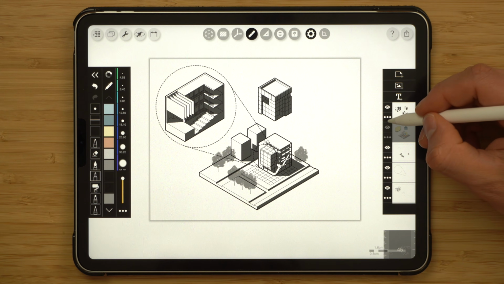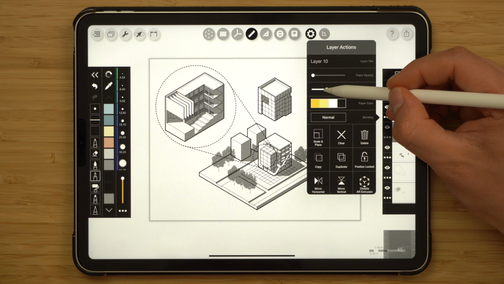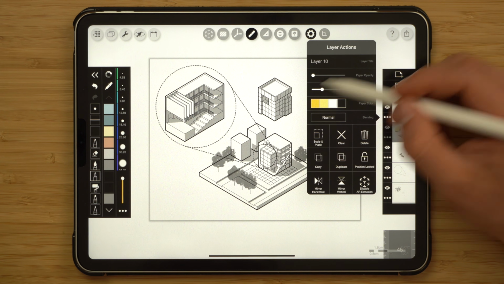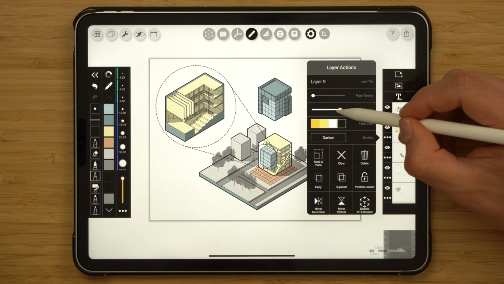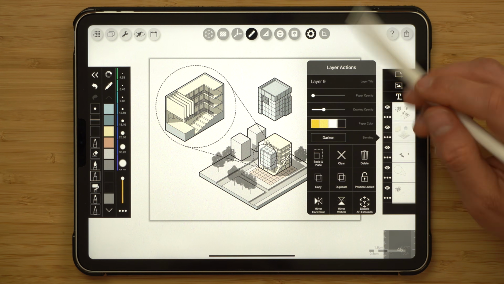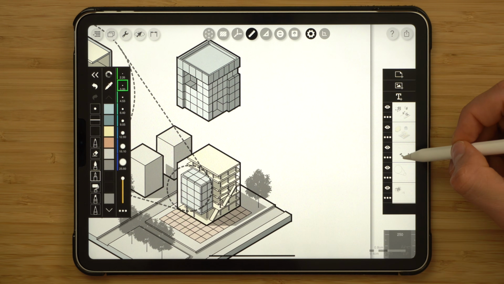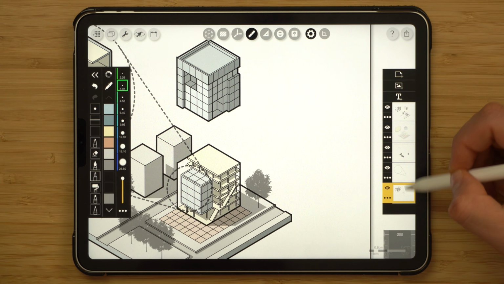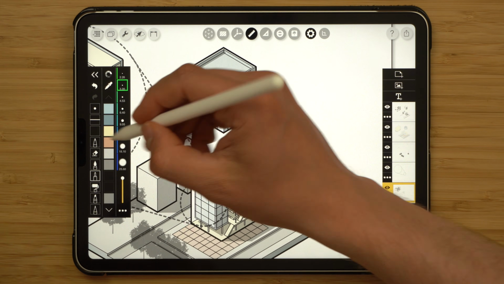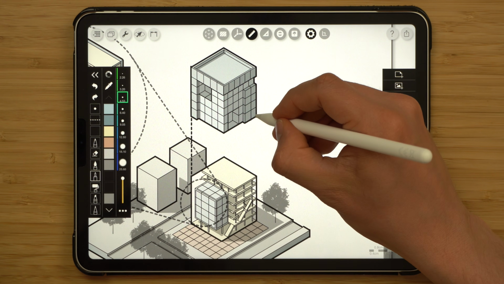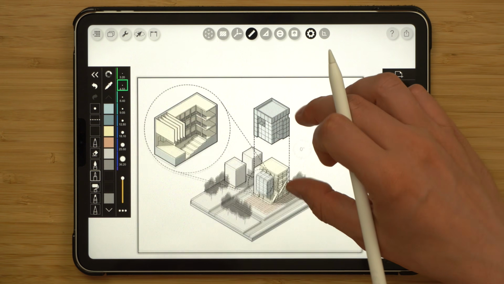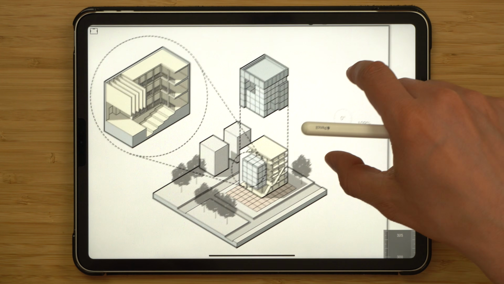Okay, so I think that looks pretty good. I'll decrease the drawing opacity so that I can see more of the geometry. Enable the color. I think I'll decrease the drawing opacity of the color. One more thing before I forget is the projection lines upward, so I'll add them in. And I think that's pretty much it.